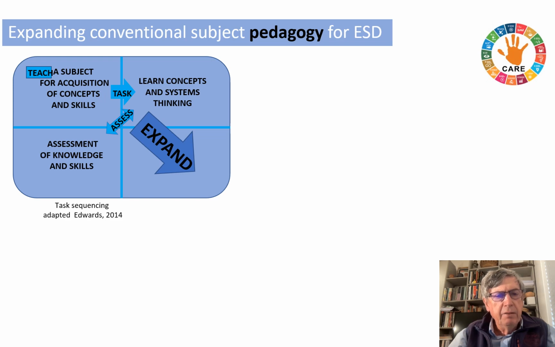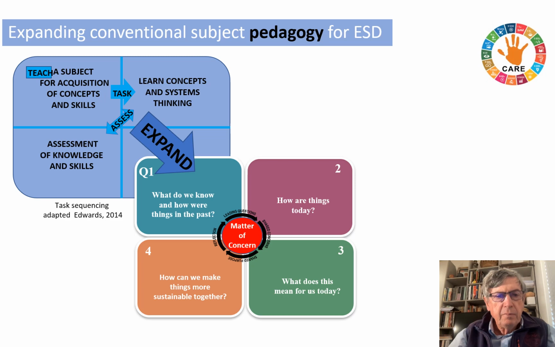And we found that if one was able to think about including the learner and expanding this conventional instructional sequence, it was possible to open up ESD around a matter of concern and to use the 4 quadrants, all of the quadrants. The first quadrant is: what do we know and how were things in the past? How are things today? What does this mean to us today? And how can we make things more sustainable together? So you can see by asking these questions, they're not